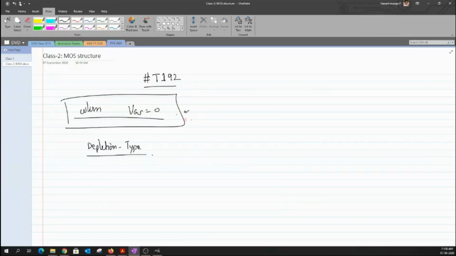So this is a kind of metal oxide semiconductor structure where, when you don't have any potential difference between the gate and the source, still there exists a channel between the source and the drain. So we call that structure a depletion type MOSFET. As a quick picture, let me take